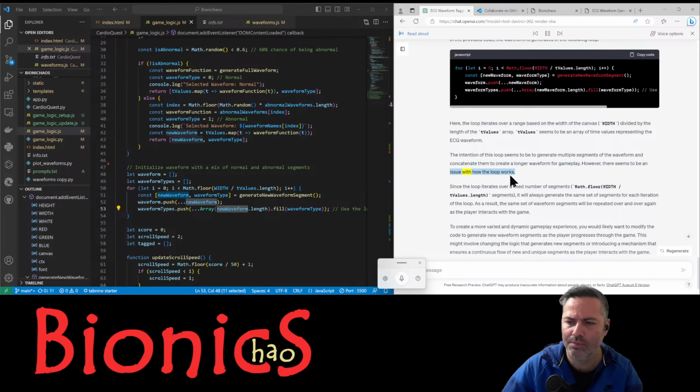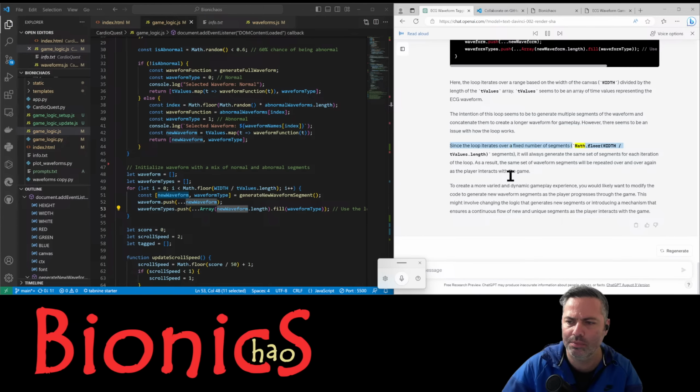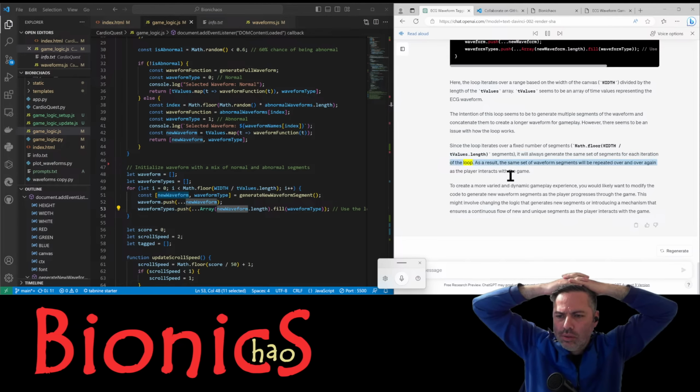However, there seems to be an issue with how the loop works. Since the loop iterates over a fixed number of segments, Math.floor(width / tValues.length) segments, it will always generate the same set of segments for each iteration of the loop. As a result, the same set of waveform segments will be repeated over and over again as the player interacts